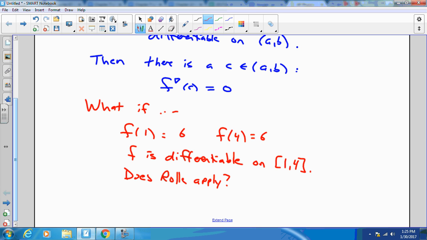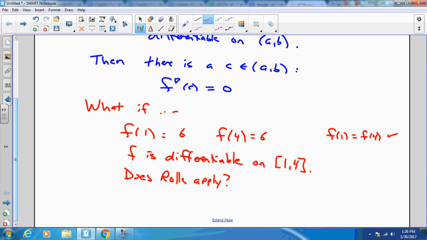Now, before we answer too quickly, let's consider what these implications are. First of all, do we meet the first condition that f of 1 equals f of 4? Yes. Next question. Do we meet the condition that f is continuous on the closed interval 1 to 4? Yes,